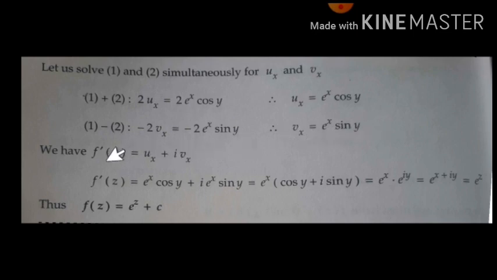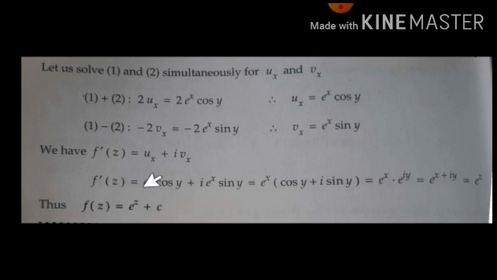Now take the derivative of the function, f dash of z, u_x plus i v_x. Substitute it. Apply Milne's method. Put x is equal to z, y equal to 0. You get e to the power of z plus c. Here they have taken x plus iy as z. Otherwise, directly apply Milne's method, it will be easy, taking x is equal to z and y equal to 0. e to the power of z, you are going to get it. So the derivative f dash of z is e to the power of z. Then what is f of z? Integrating e to the power of z, we get e to the power of z plus c.